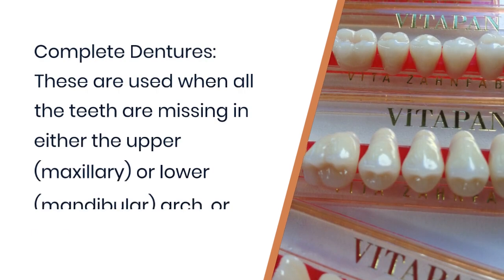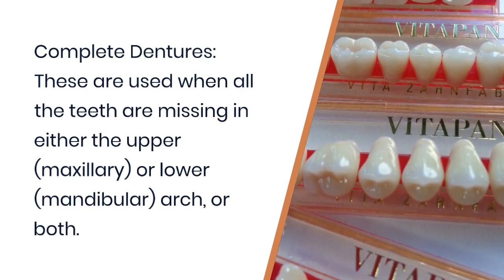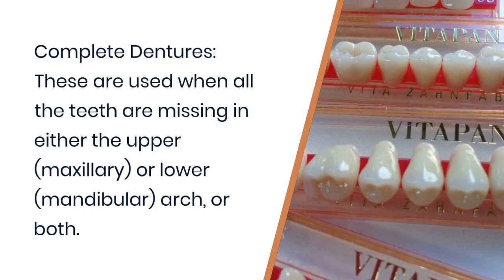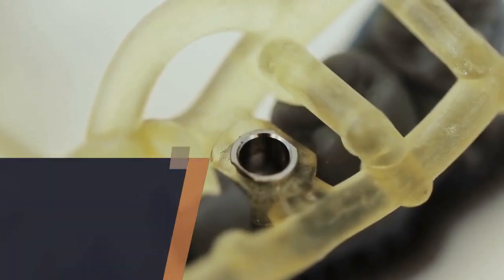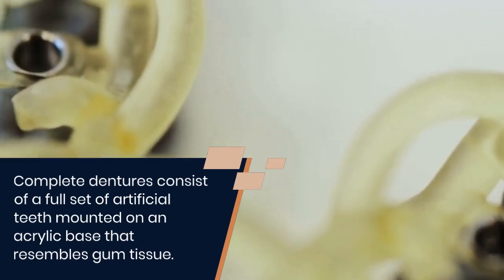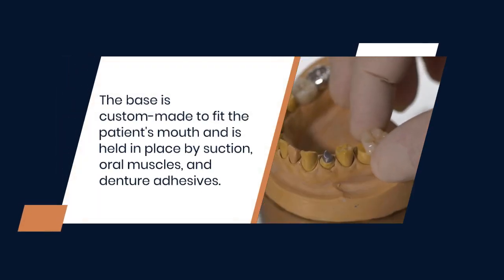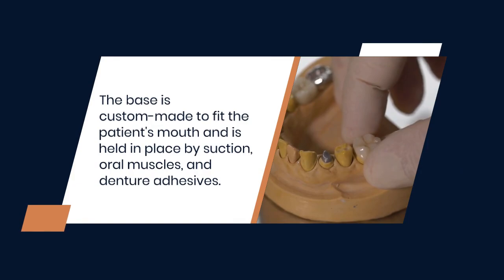Complete dentures: these are used when all the teeth are missing in either the upper (maxillary) or lower (mandibular) arch, or both. Complete dentures consist of a full set of artificial teeth mounted on an acrylic base that resembles gum tissue. The base is custom made to fit the patient's mouth and is held in place by suction, oral muscles,